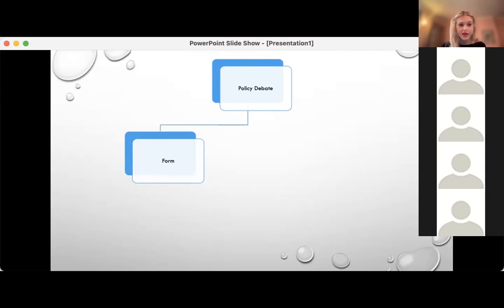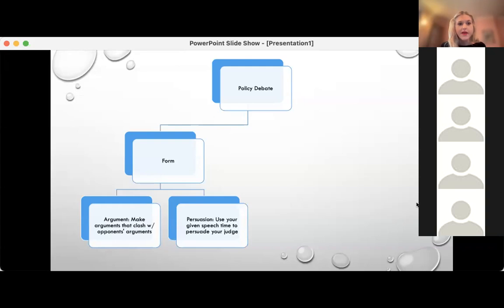Then in policy debate, you have to learn how to debate. You have to learn arguments. So you have to learn how to make arguments that have all the components, like inherency, harm, solvency. For an AF with a plan or with a disadvantage, you'll learn that it's uniqueness, link, and impact. So there's different formats and forms that we have to learn about how to make arguments, and that's part of debate. And not only just how to make these arguments, but how to be persuasive when we deliver them.